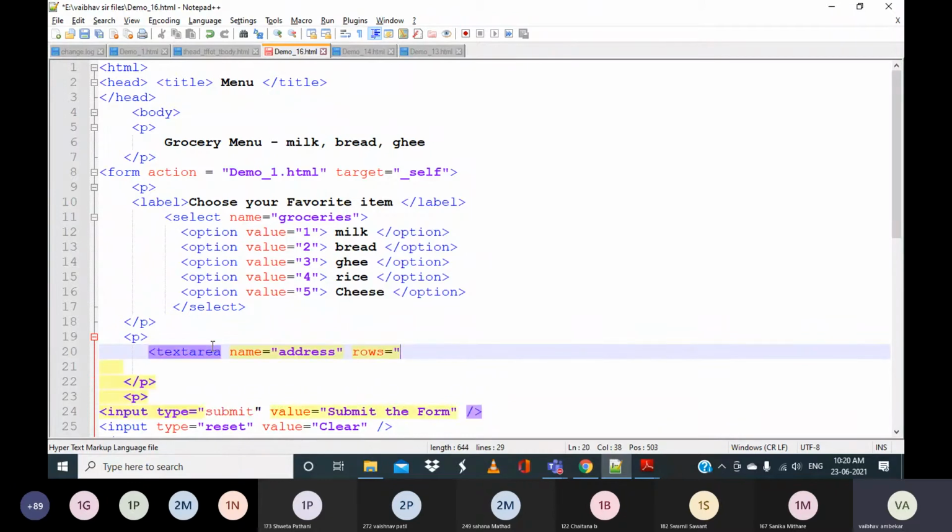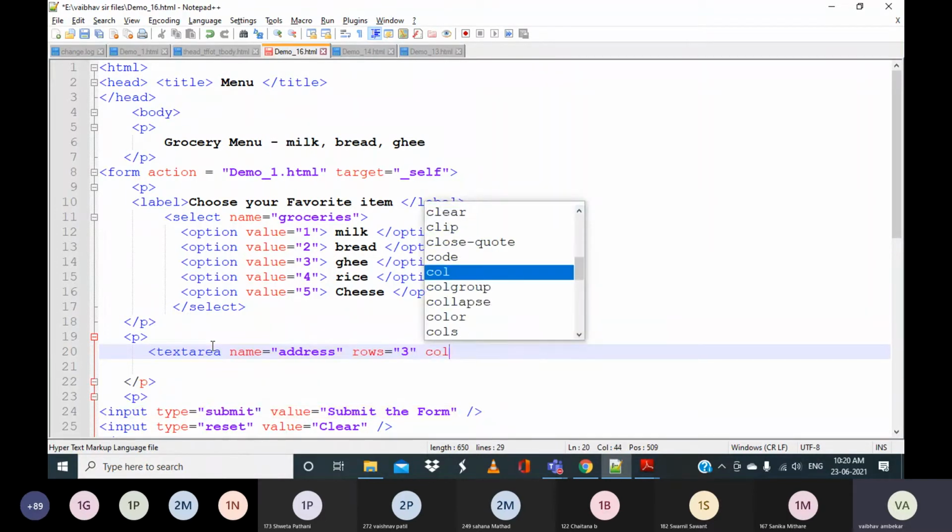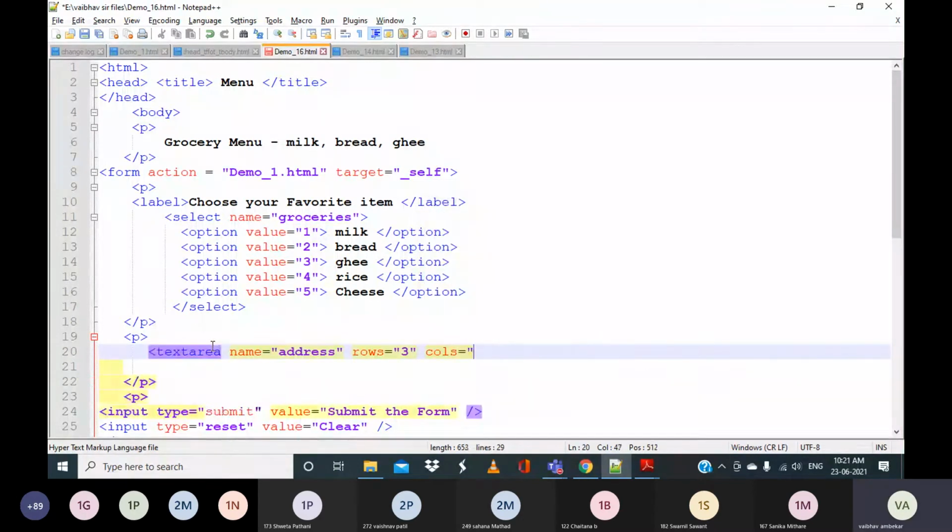So how many lines can it take? Here it is not like table rows and columns. For one line we can call it one row. So how many rows can it take? What should be the size? And then we can say cols equal to say 30.